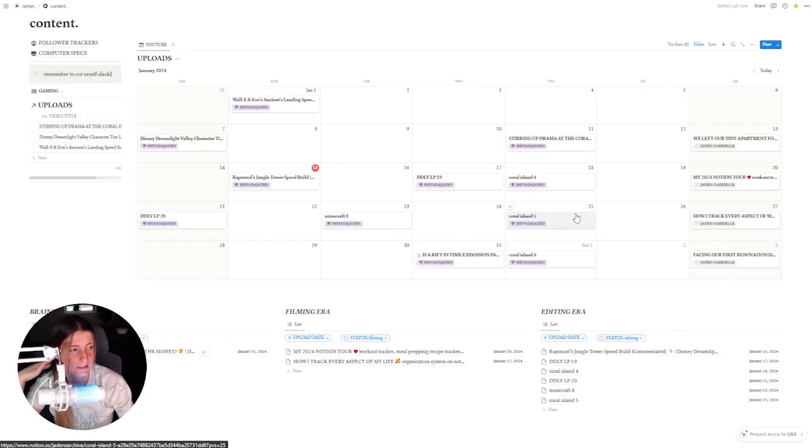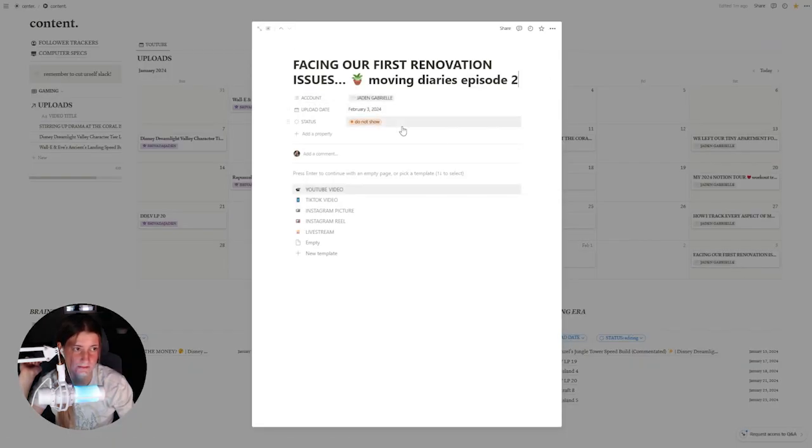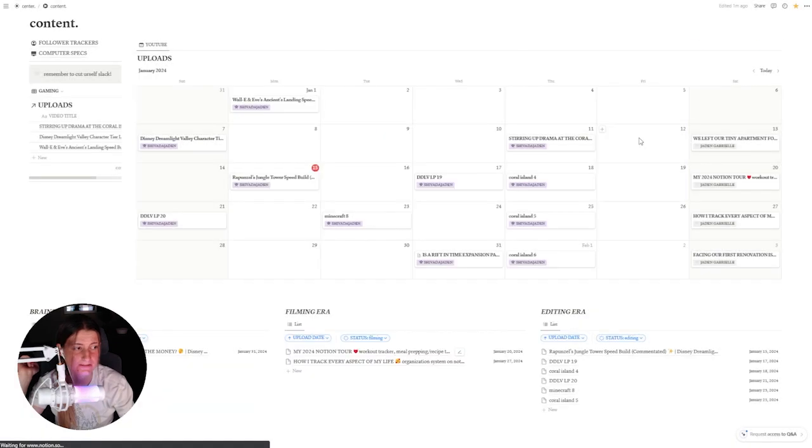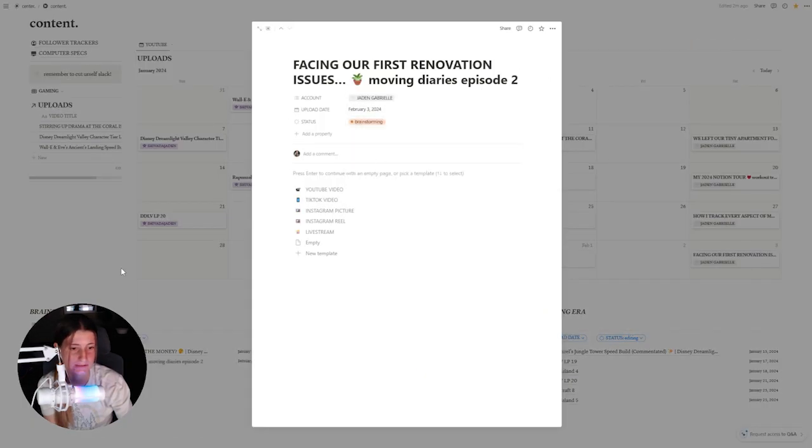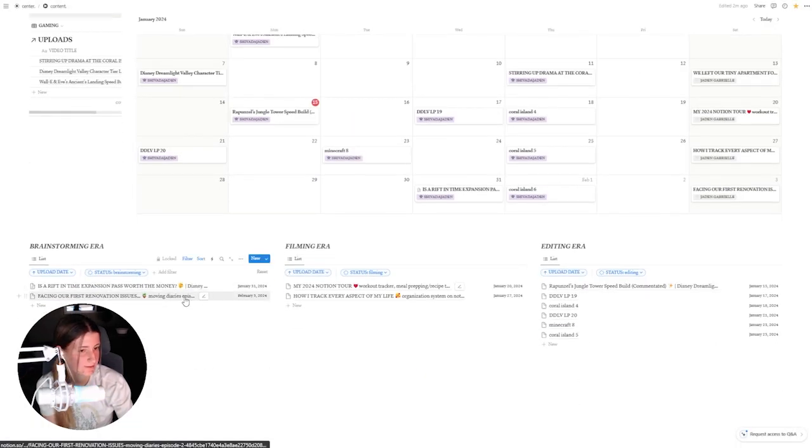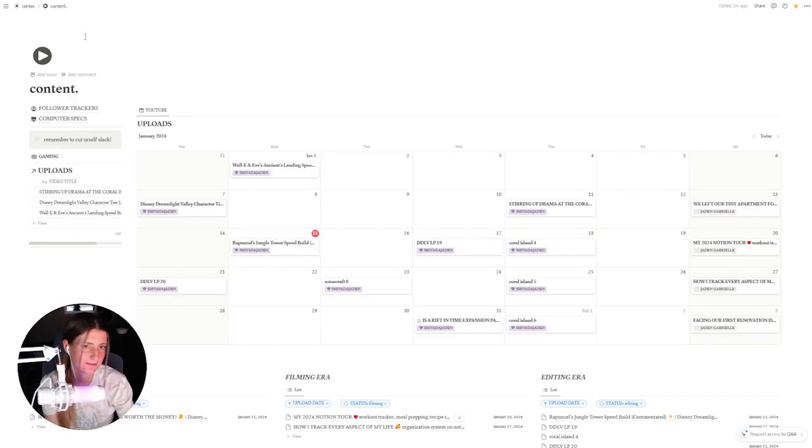I don't know if you guys can tell from this, but essentially some of these aren't on this bottom part, and that's because I don't want it to be really crowded with stuff that I don't need to be focusing on. So essentially, I think I have all of these for like the next 2-ish weeks. They're all down here, but like these 3, they're not super important. So for this one, I have the status as do not show. That basically just means it doesn't come up in any of these, but it still gets to be on my calendar. So once I actually want it on there, I can put it, say in brainstorming, and it'll pop up down here. And I think that's really all for content right now.